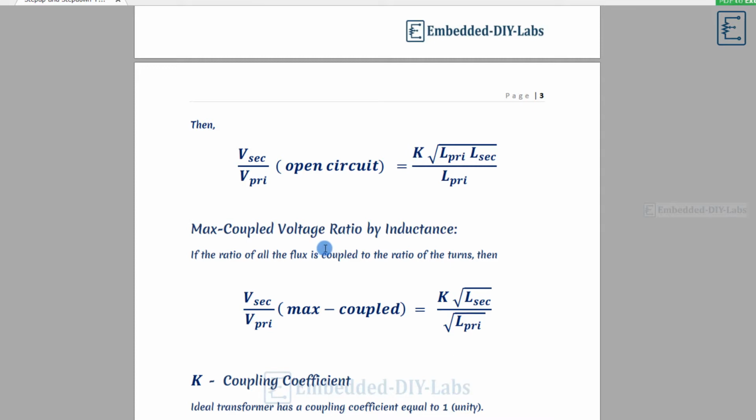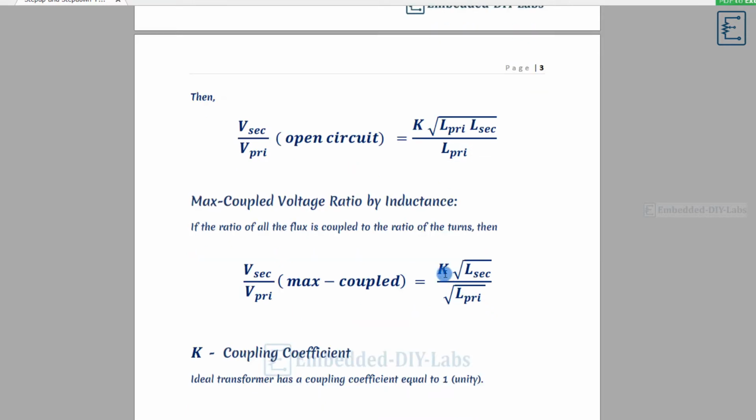If all the flux is coupled to the turns, then we get the maximum coupled voltage ratio, which is equal to the coupling coefficient K times the square root of the secondary inductance by the square root of the primary inductance.